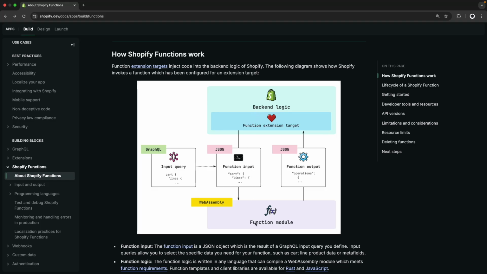This is then passed to the function module, which as you can see is in WebAssembly. And from that we get the function output, which is then passed to the function extension target so Shopify can use it in its appropriate context. For example, if it's a product discount function, then Shopify will use the function output to compute that discount. But if it's a cart validation function, then Shopify will use the output to validate what is on the customer's